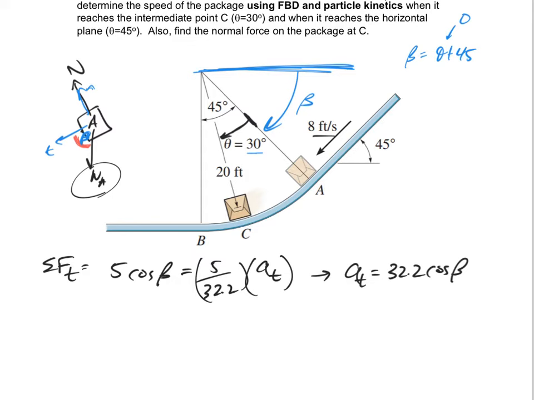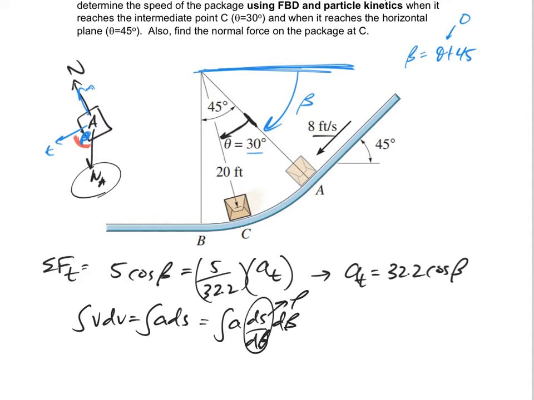How do I handle that? Well, I know the integral of v dv is equal to the integral of a ds, but this I can change to a ds d beta, and this is going to be rho. I kind of went over this in class. I think you can kind of